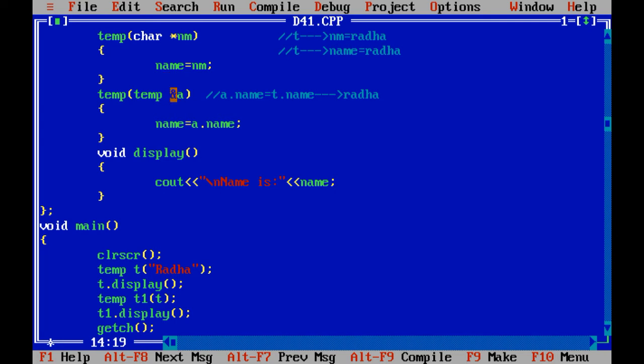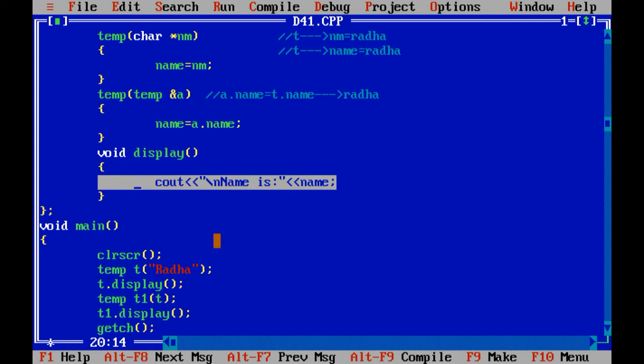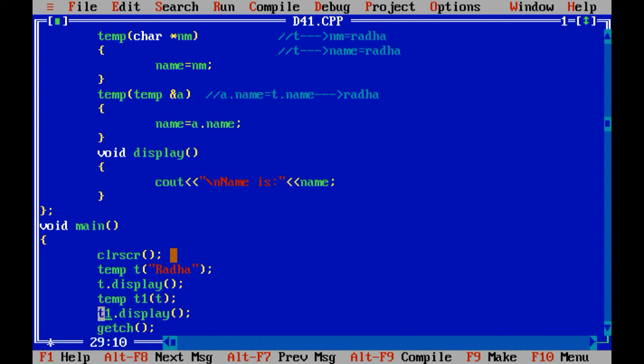And the object a contains Radha now, and it is stored inside name. So when you again call the display function, it will print t1.name, and now t1.name equals a.name equals Radha.